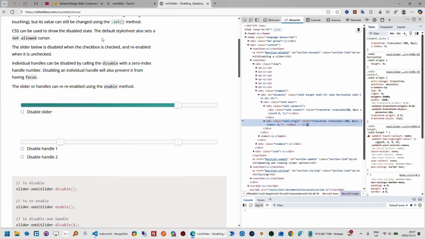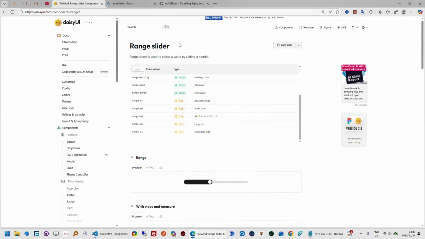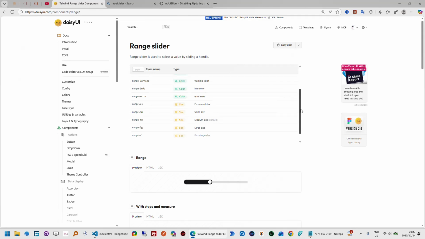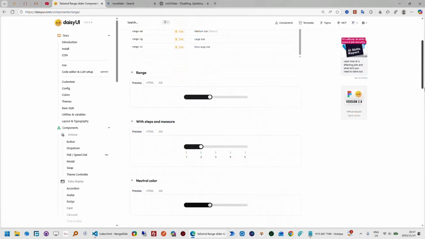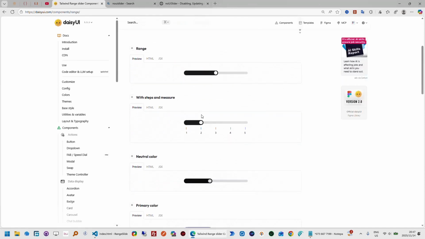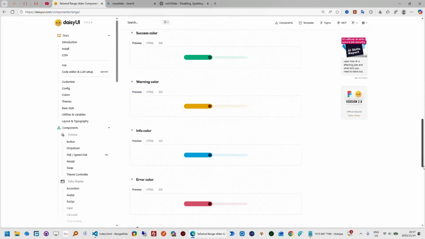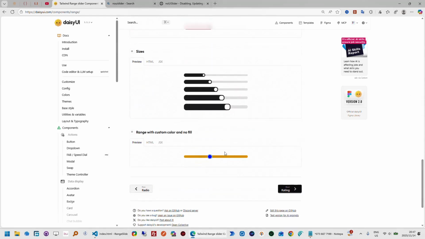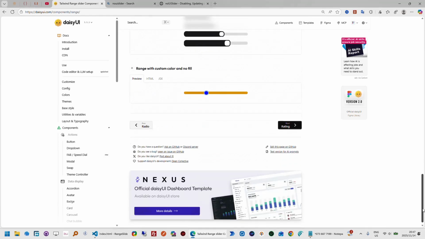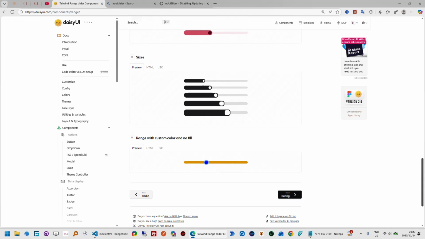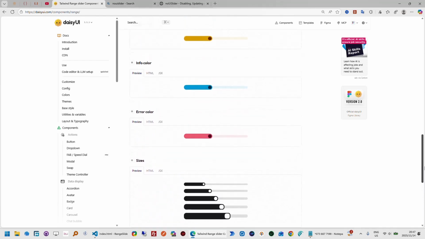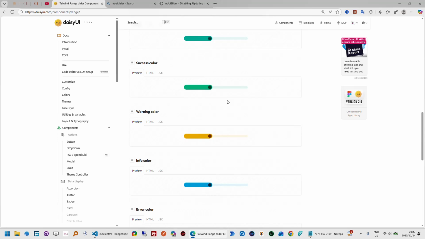So what I've done, I went to the DaisyUI component, which is this here, where you have a range, and you are able to customize it to have the various colors, the peeps, the colors that are there, the sizes that you have, and all sorts of other things. Fortunately for me, I did work on a very close representation of what could work with Daisy following this particular approach, but I couldn't make this smaller. But anyway,